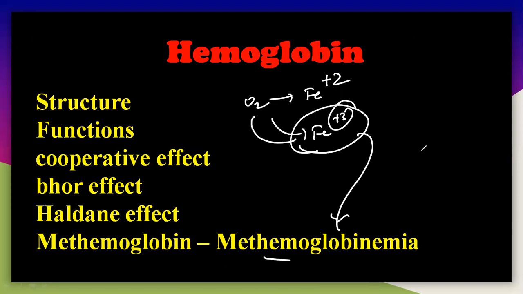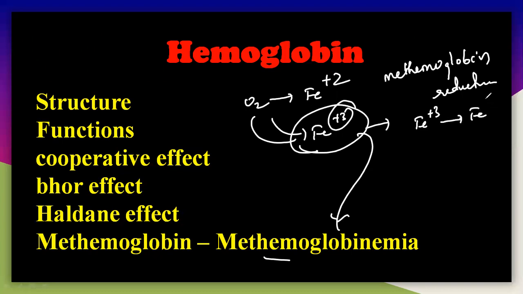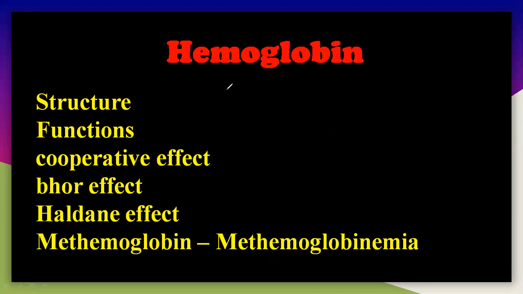So the transportation of oxygen will not take place, and eventually it leads to death. To stop this particular disease, there is an enzyme called methemoglobin reductase. It helps to reduce this Fe+3 into Fe+2, so that the disease can be stopped. That is the importance of this enzyme. So this is the complete picture of the hemoglobin. This is a very important part of biochemistry. In competitive exams you will get more questions on the deoxyhemoglobin and the oxyhemoglobin. So this is the importance of the hemoglobin.